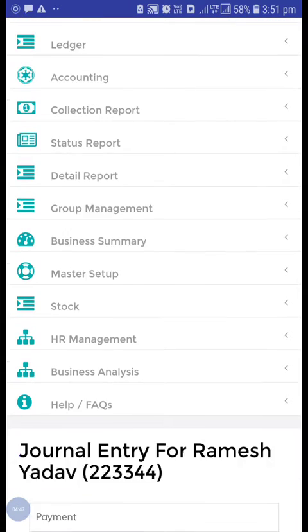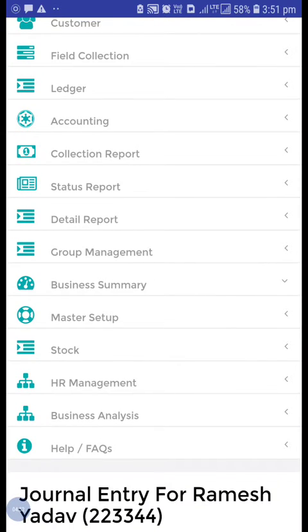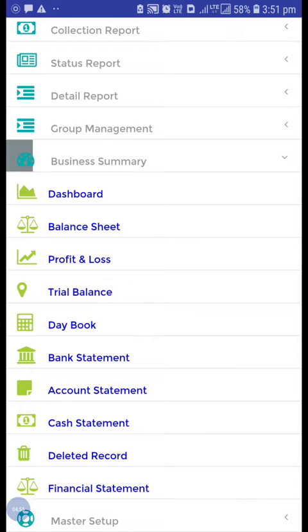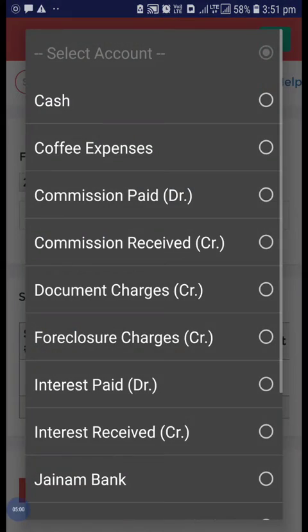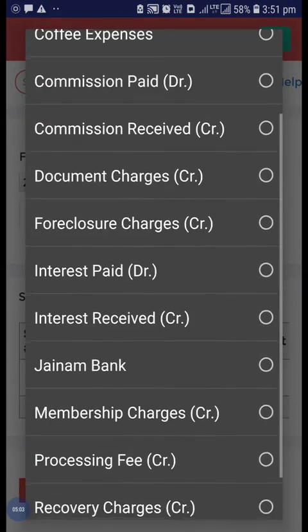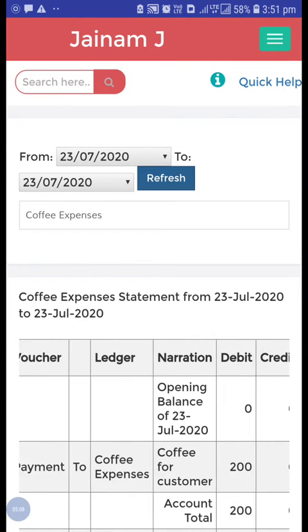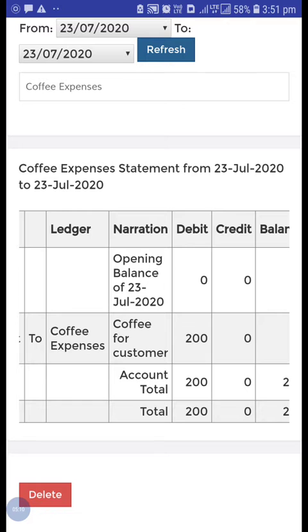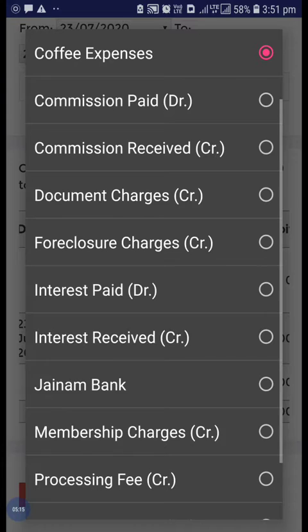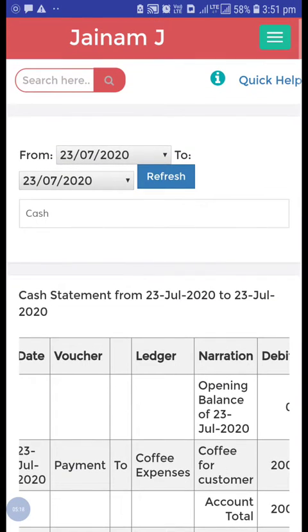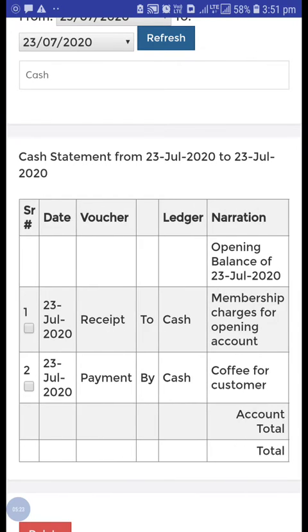Now from the accounting business summary, go to the account statement, and let's take coffee expenses, and refresh. So you can see I have created one entry against coffee expenses, and you can select cash also and just refresh. Now you can see cash entry also visible,